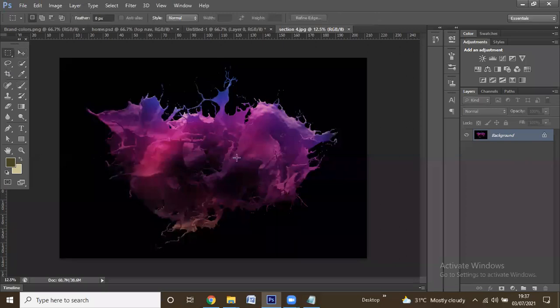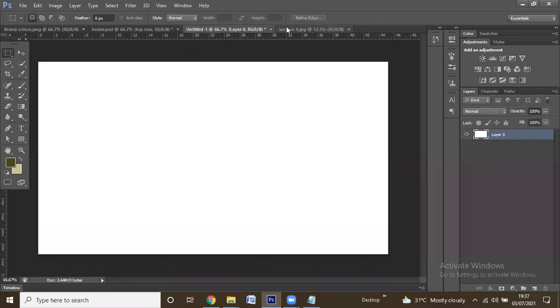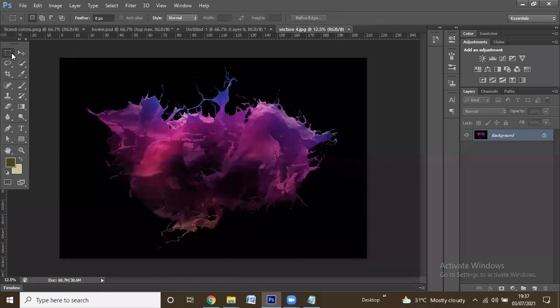If you want some part of this image in our 1280 by 720 canvas, then we should go for the marquee tool. If you want it in a rectangular mode, you can go for rectangular marquee. Otherwise you can go for elliptical marquee.